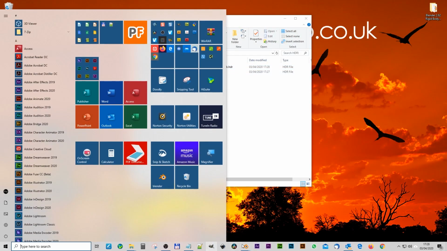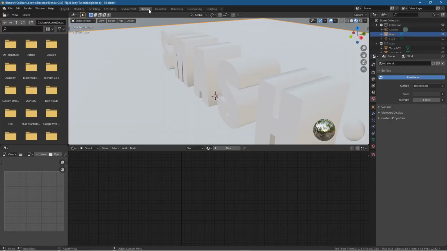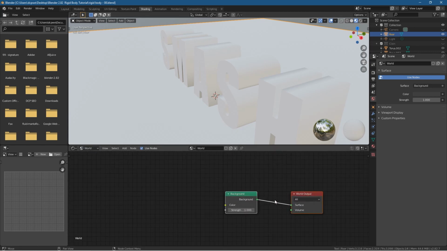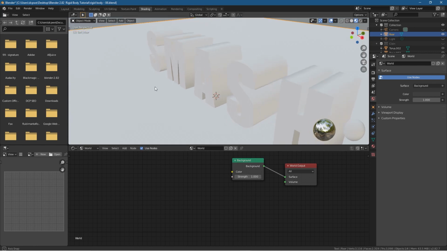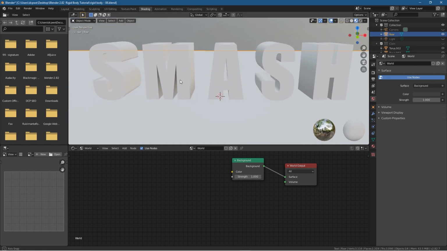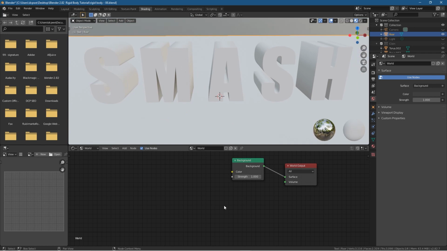Let's go back to Blender here, and we'll go to our shading. Let's go to object and go to world settings, and I'm going to zoom in here. You can middle mouse click to pan this around. We've got one background here. I'm just going to drag it a bit closer, and let's just middle mouse click and rotate around here a little bit so we can see this text. You can middle mouse click and rotate here, and we'll move down to here,